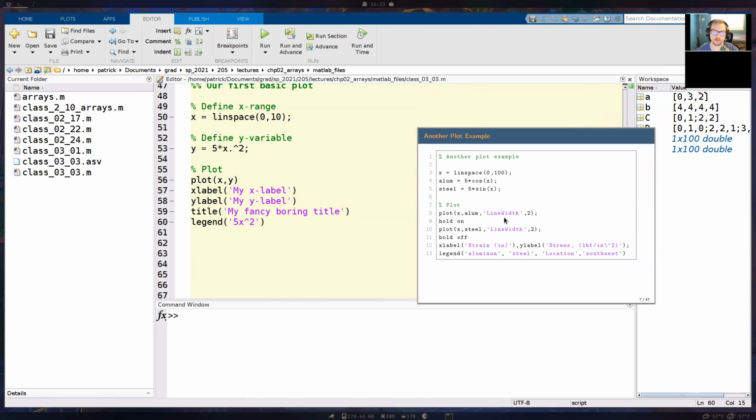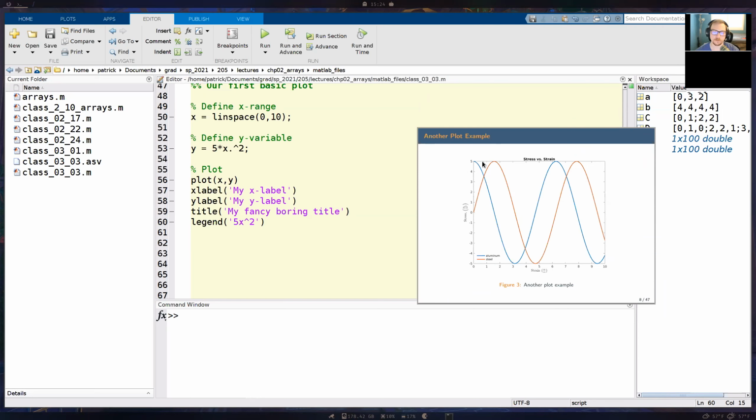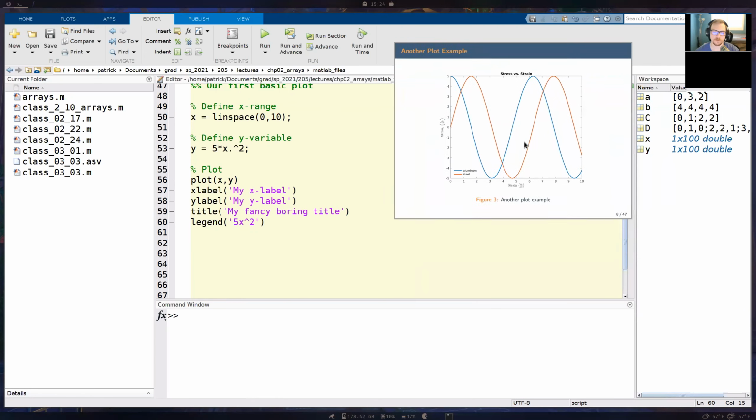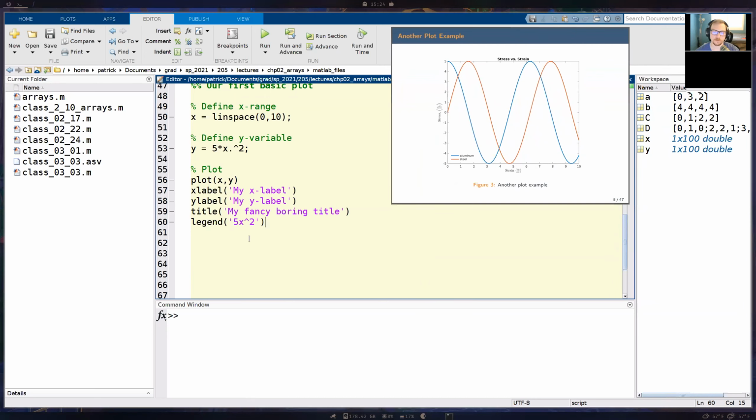Alright, so let's move on. In this case, what we're going to do now is make a plot that has two curves. So we're going to work on making this plot here. Often, you might just make a plot with one curve, but a lot of the times we want to make a plot with multiple curves on there. So now I'll make a section, two curves, one plot.